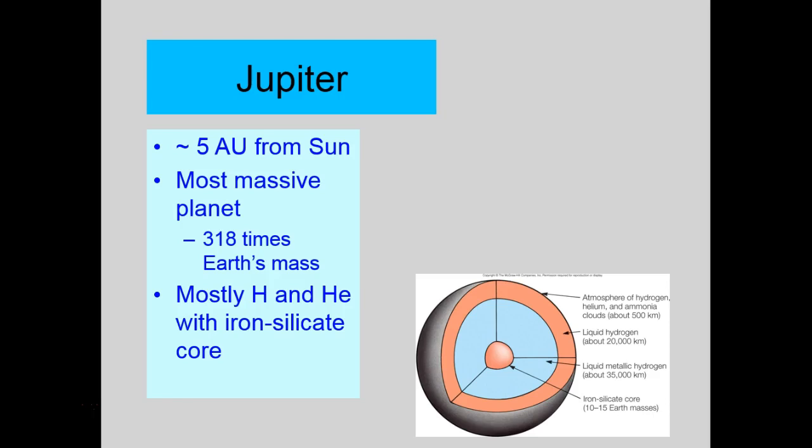Okay, so just about 3 Earth diameters could be fit inside that band there. Okay, 10 to 15 Earth masses are in here. At least 3 Earth diameters are in this part, and then the next part is